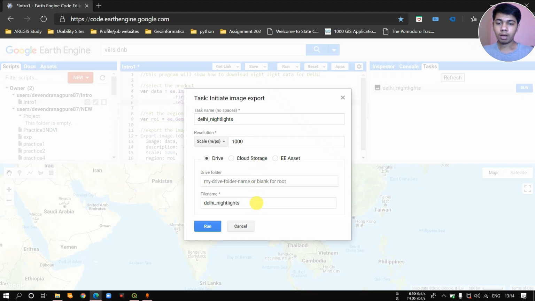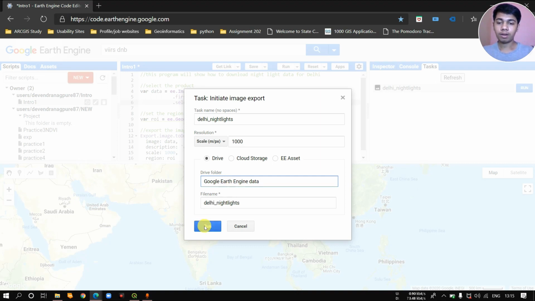Now you have to specify the file name and the drive folder. It is not required that you put in the drive folder, because the dataset is going to be downloaded in your Google Drive only, but it is a good practice to give a folder name. So I am giving it as Google Earth Engine data.